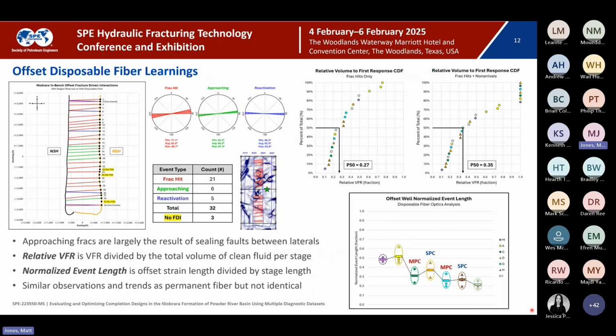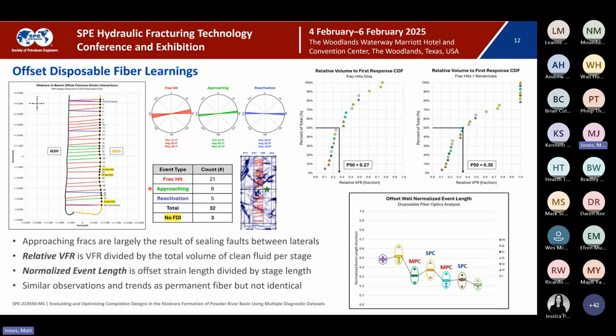Last but not least, we have the results from offset disposable fiber. So again, we had a disposable fiber optic cable that was installed approximately 6 days before frac start of the N5, N8, and T1H. So we are watching fracture-driven interactions on the N3H approximately 1,200 to 1,300 feet away from the N5H. In total, we recorded 32 fracture-driven interactions, 21 direct frac hits, 6 approaching fracs, meaning the fractures were